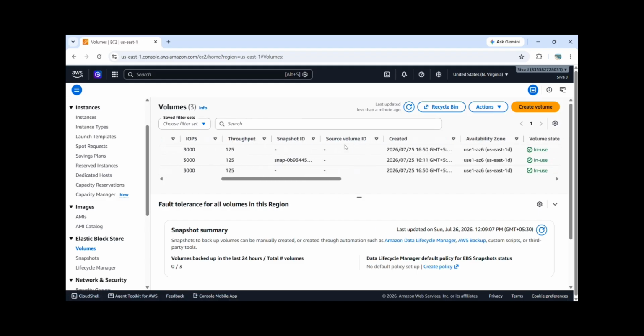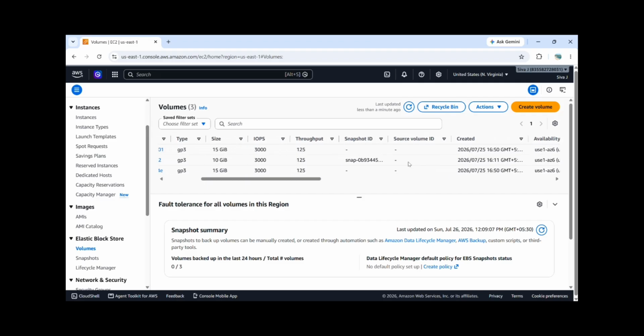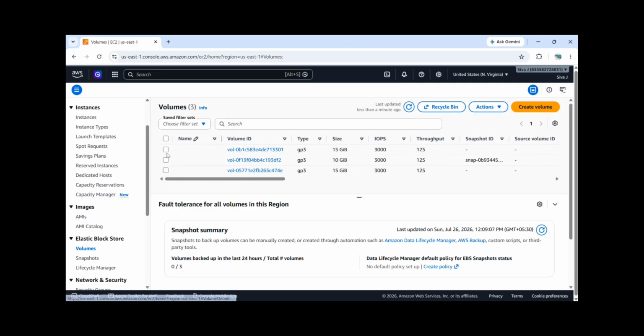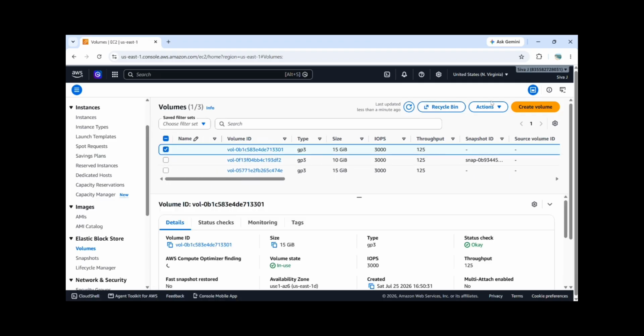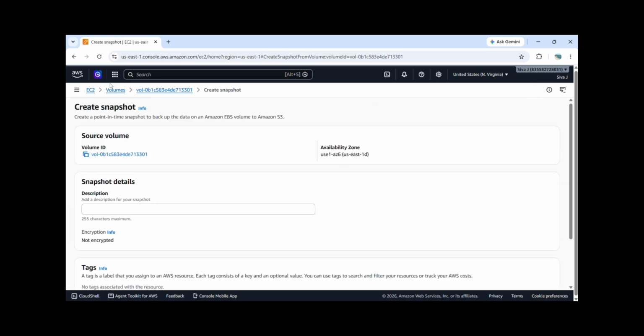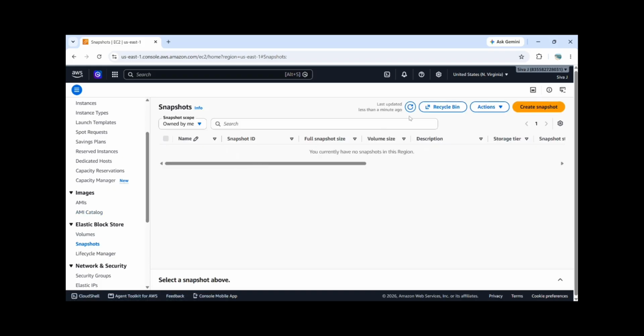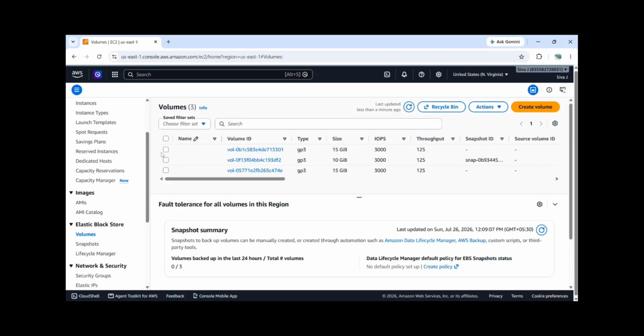So these are my EBS volumes which are existing and attached to the instance. We can take a snapshot by selecting any one of the EBS volumes. Before creating the snapshot, let's see what snapshots are available. As of now, I don't have any snapshot in the Northern Virginia region. So go to the volumes, select it,